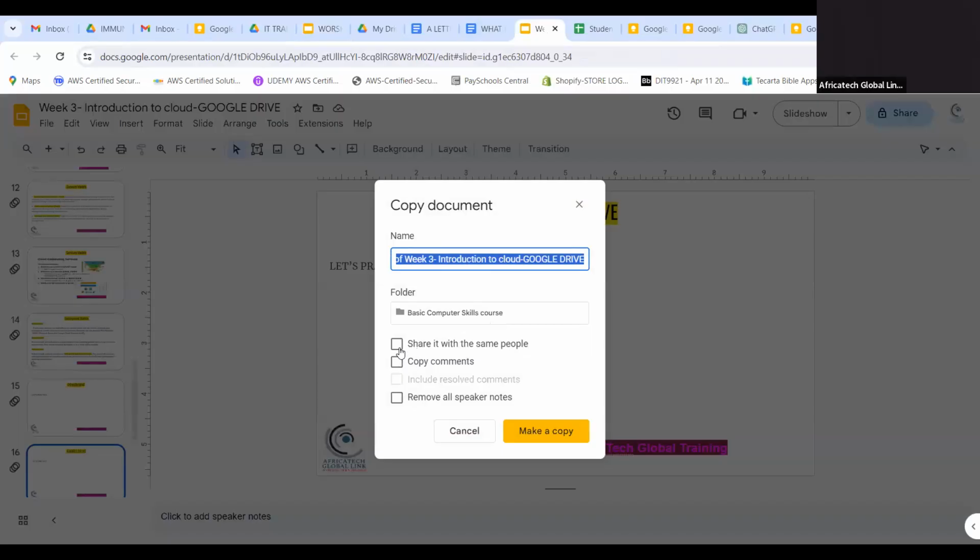If you want to share with people, you can share, right? If you are working in a group with people, you can share, you can give them access, as long as you put their email there.